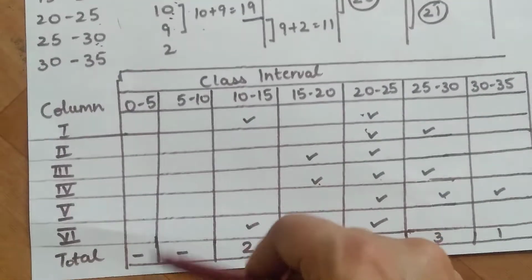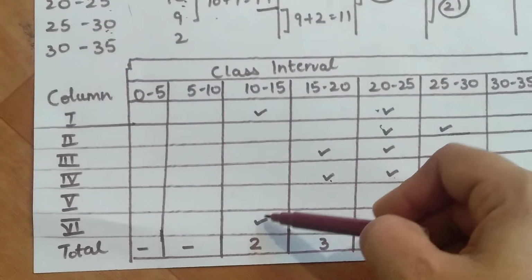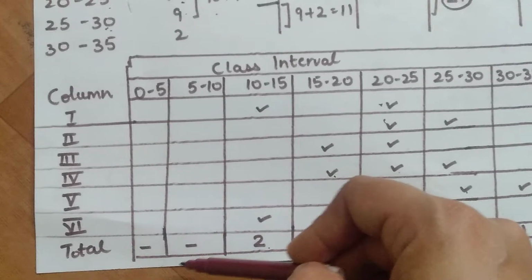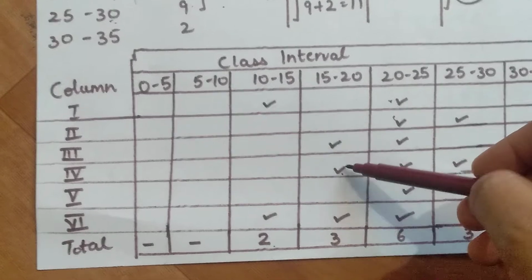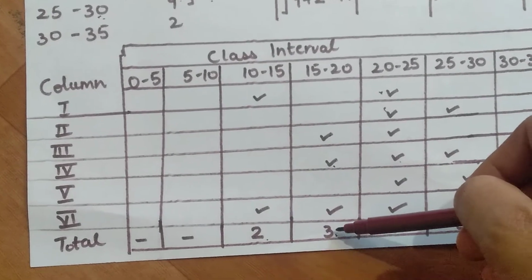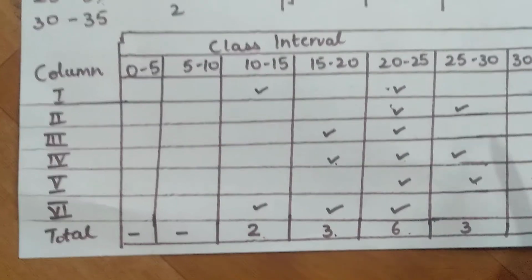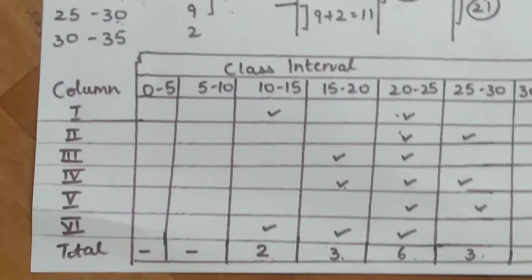After this, what we have to do, I have written total. It would be the total of these columns which we are having. So 1, 2, we have two ticks. I have written 2. Over here, no tick was there, so I put a slash over there. Then it's 1, 2, 3. We got 3 ticks. We get the 3 value. Likewise, over here 6 we have. I have written 6. Then 3, 3, 1, 1. Clear?